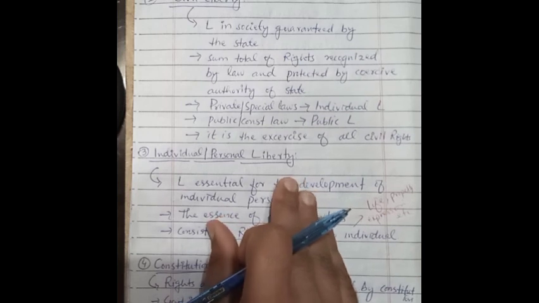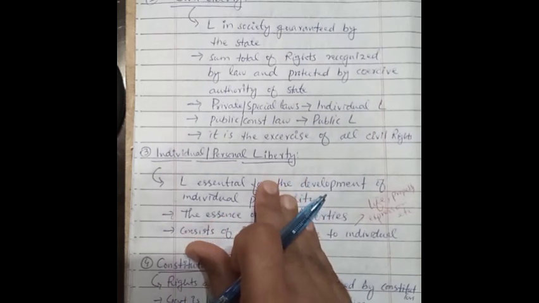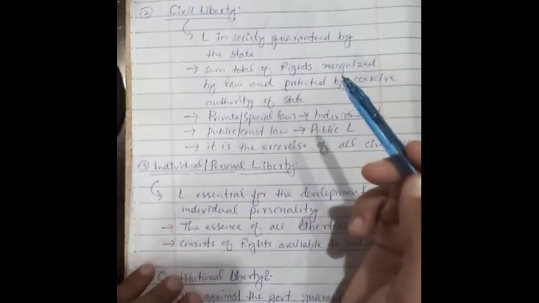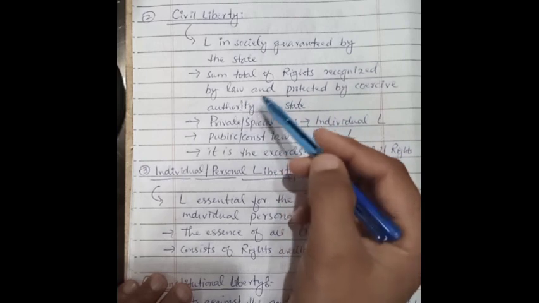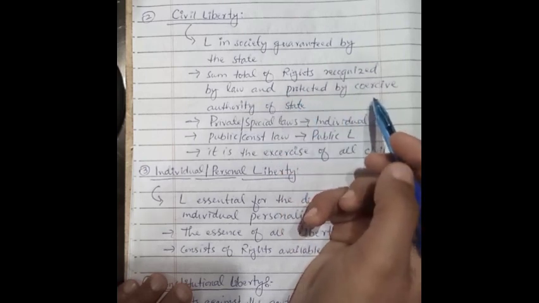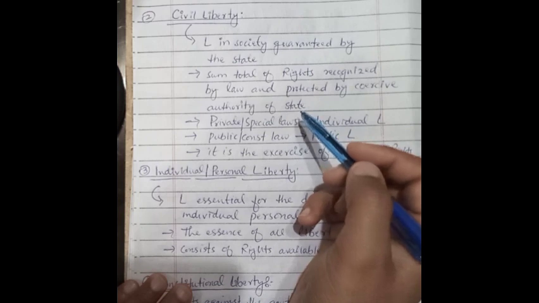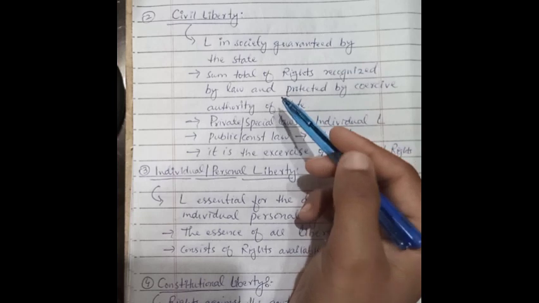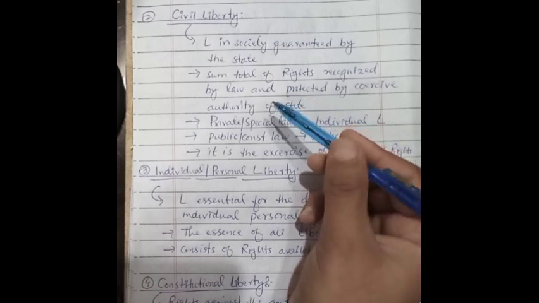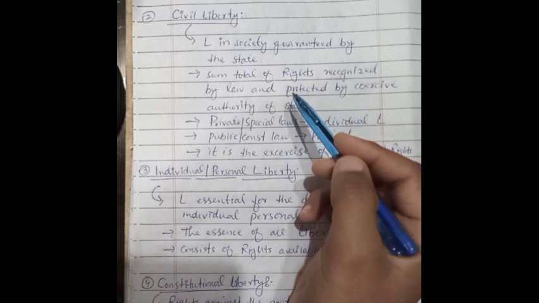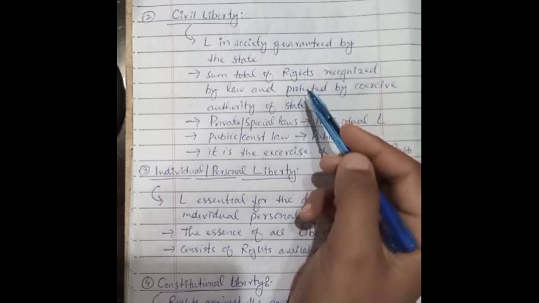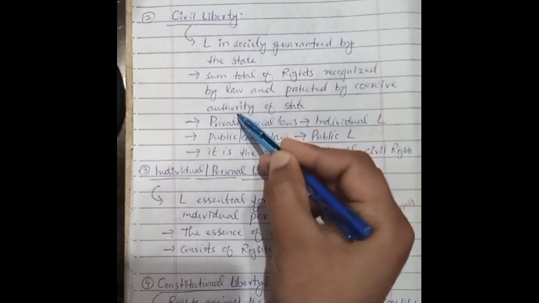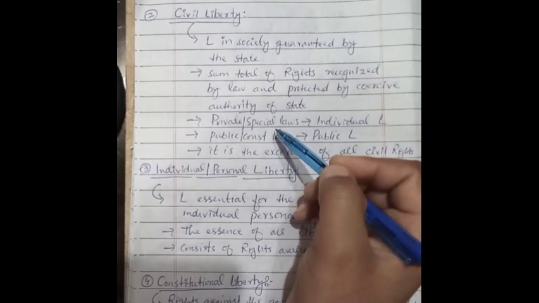Civil liberty means liberty in society guaranteed by the state. It is the sum total of rights recognized by law and protected by coercive authority of the state. Civil liberty का मतलब वो लिबर्टी या वो कंडीशंस और अपॉर्चुनिटीज़ है आज़ादी के जो रियासत का कानून लोगों के लिए फराहम करती है और ये कोर्सिव अथॉरिटी ऑफ द स्टेट के ज़रिए नाफिजुल अमल होती है।